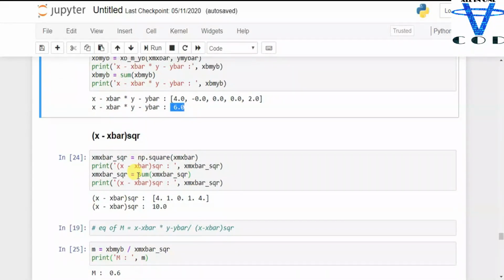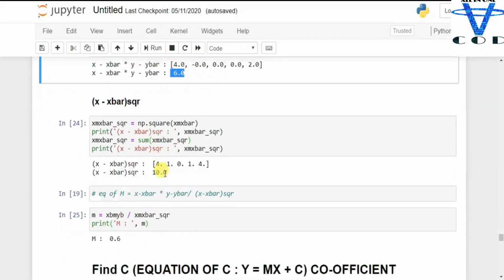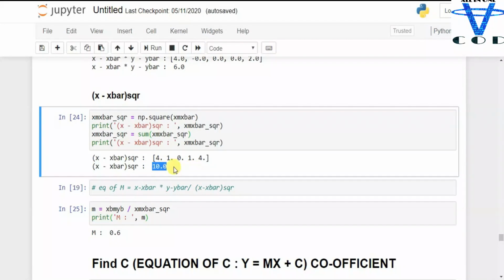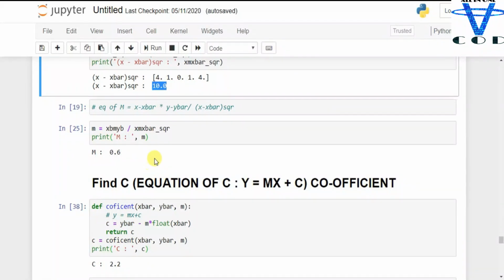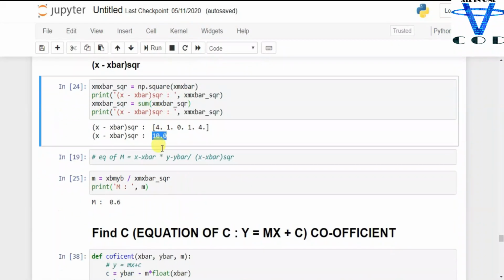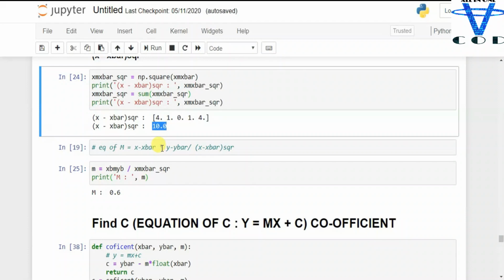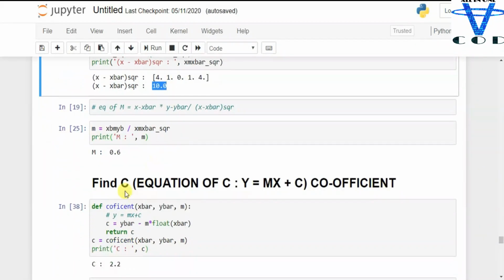And then we find the m. The m equation is the sum of (x minus x bar) into (y minus y bar) divided by the sum of (x minus x bar) squared. So we got 0.6 in here. Now we got m, we have to find c. The equation is y equals mx plus c.